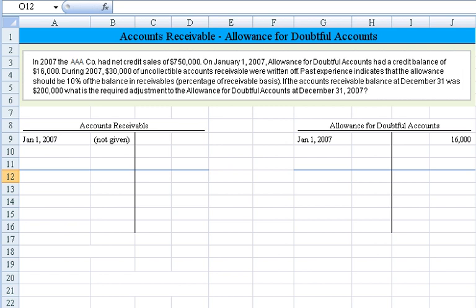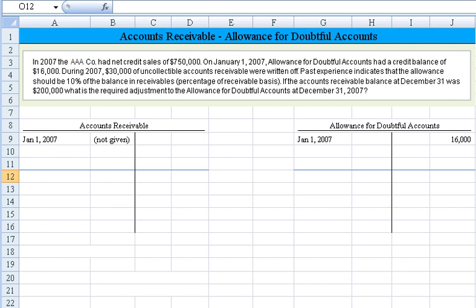In 2007, the AAA company had net credit sales of 750,000. On January 1st of 2007, allowance for doubtful accounts had a credit balance of 16,000. During 2007, 30,000 of uncollectible accounts receivable were written off, and past experience indicates that the allowance should be 10% of the balance in receivables, so we're using the percentage of receivables basis. If the accounts receivable balance at December 31st was 200,000, what's the required adjustment to the allowance for doubtful accounts